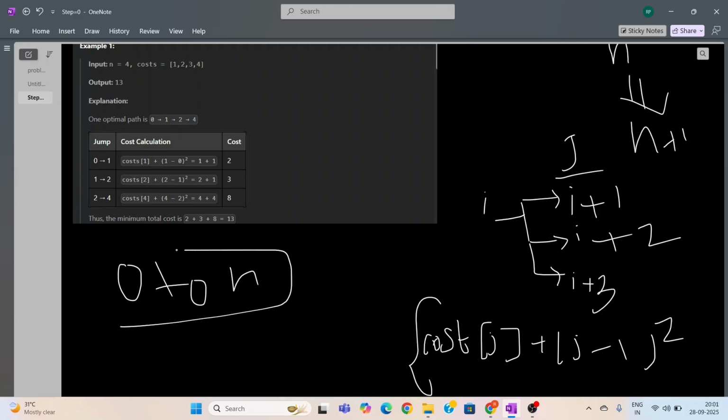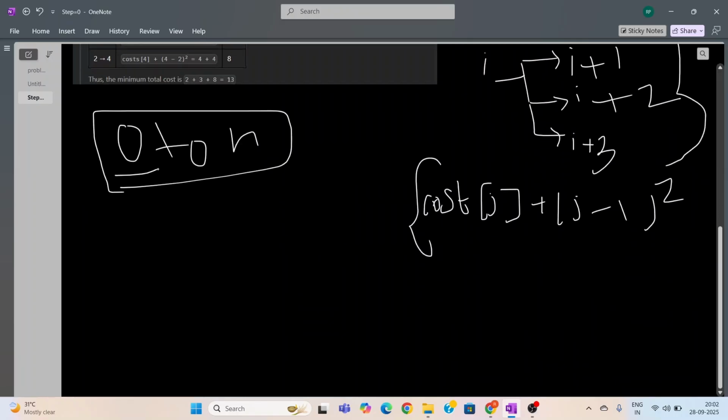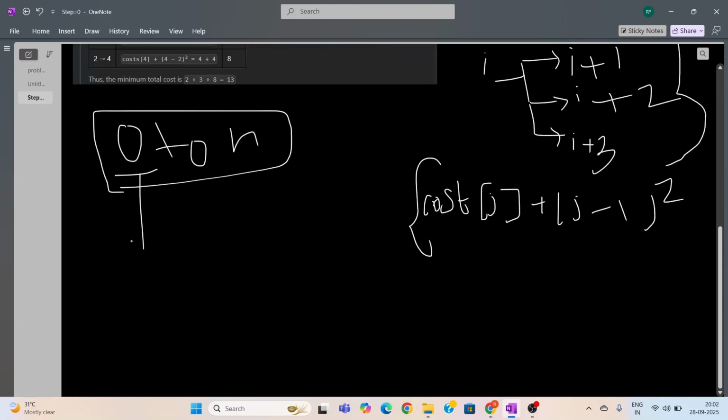So what can you do for it? The problem is pretty simple. Let's say if you are at any step i, then you can move on these steps. There are only three possibilities. Initially you are at step 0, that is given by the problem. So from step 0 you can move to the first step, second step, or third step. Let's say if you move to the first step,